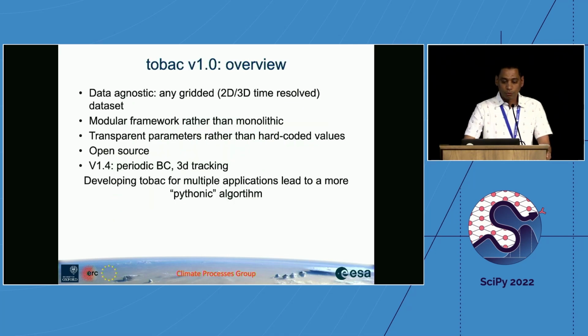Some of the good things about Tobac is that it's data agnostic. That means you can have any data, because traditionally, when clouds were tracked in radar data, they were expecting that everything is on a radar grid and has reflectivity as a value. Now you can track radar data, satellite data. You can also track your model data, and then you can compare all these tracks and their statistics and say, okay, whether models are getting the